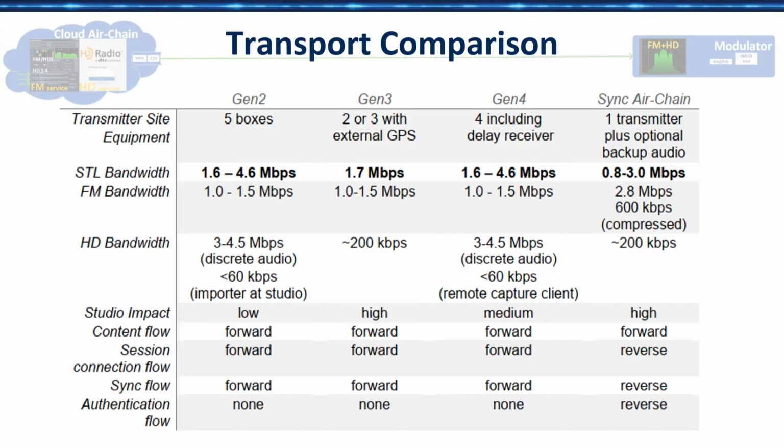In terms of STL bandwidth requirements, composite MPX takes quite a bit of bandwidth if you don't compress it. In our case, it's about 2.8 megabits. But we could consider applying codecs for composite MPX. There's micro MPX, and I believe there's also aptX. So, two competing compression algorithms, and they can bring it down to a couple hundred kilobits. So that's certainly something we can have a look at. Overall, I think it's very comparable to the other architectures. Let's move along.